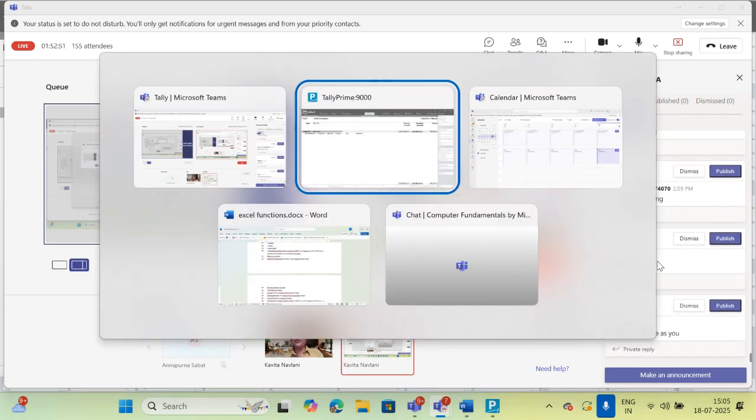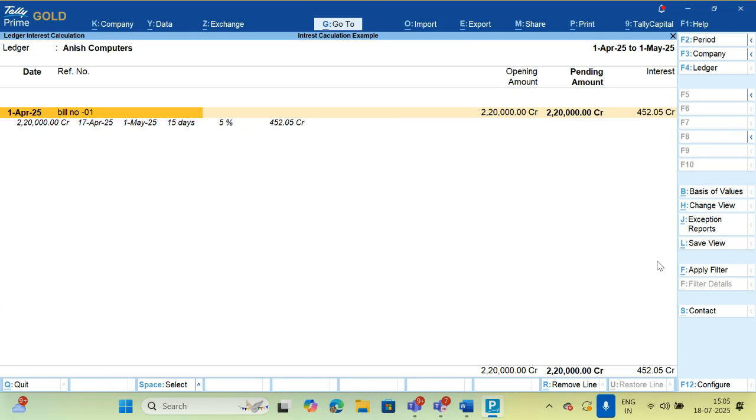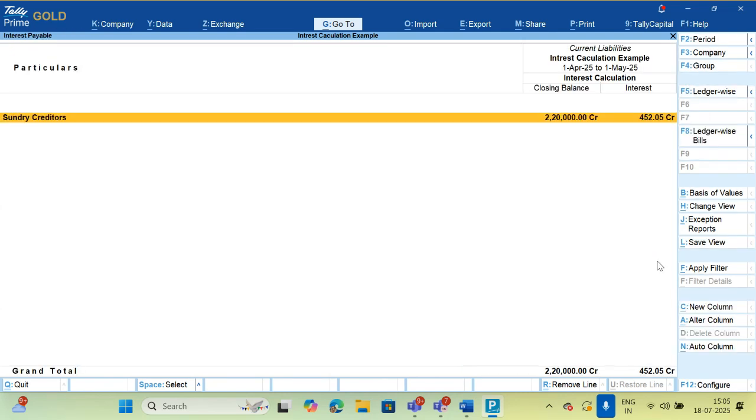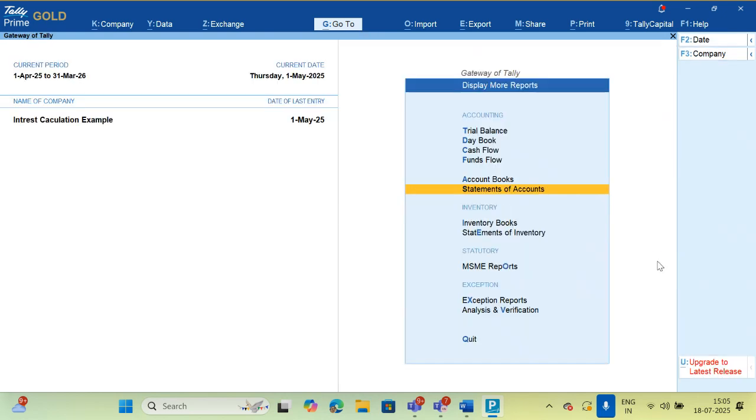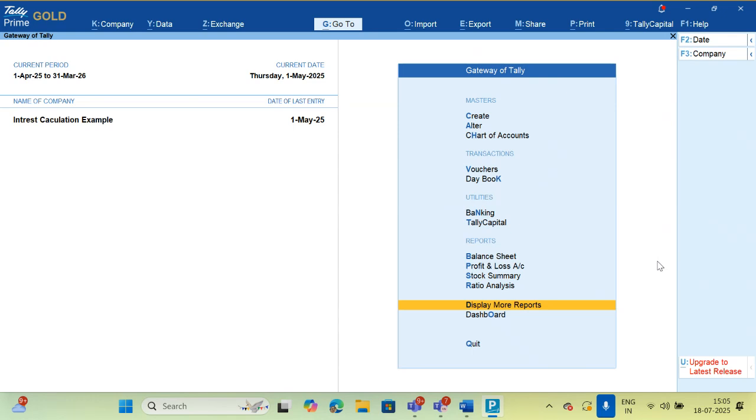Okay. Now we want to charge the interest. So for interest, there should be one entry. Because this is the creditor, the creditor who charges the interest. So for that, you have to make one credit note. Remember, this is the credit note. You have to make a credit note. So create